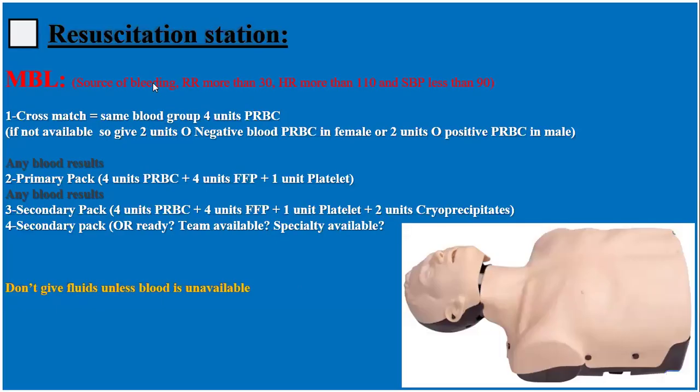Regarding massive transfusion protocol, the first action, 4 units pack the RBCs. If not available, give O blood group. If gender female, give negative. If gender male, give positive. If postmenopausal, give positive O 2 units. In the second circulation, in second assessment, if the blood pressure is still low, ask about blood